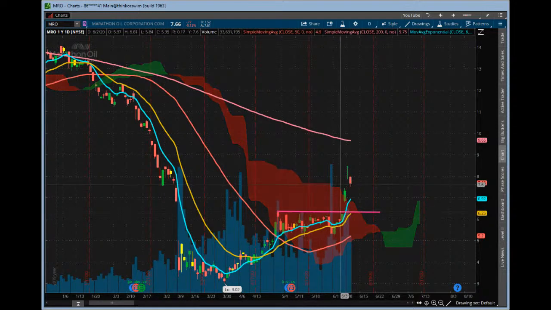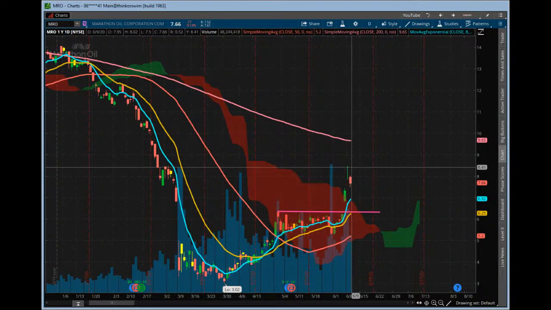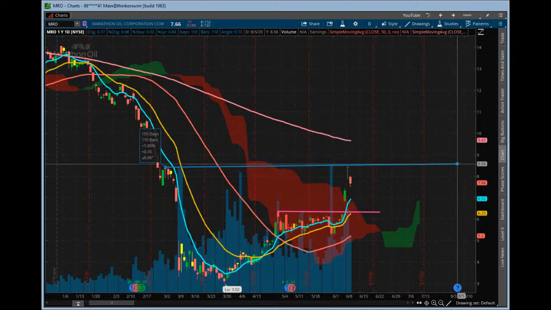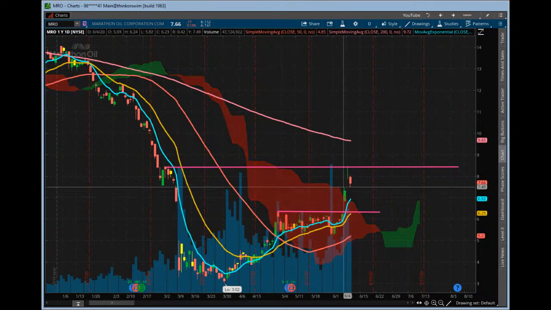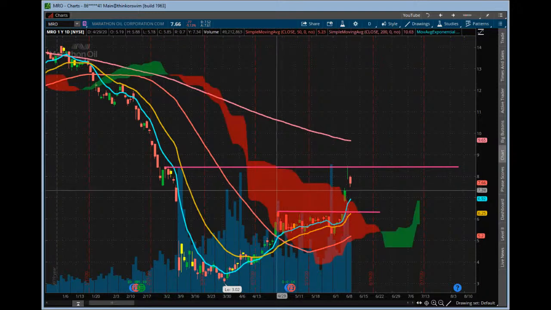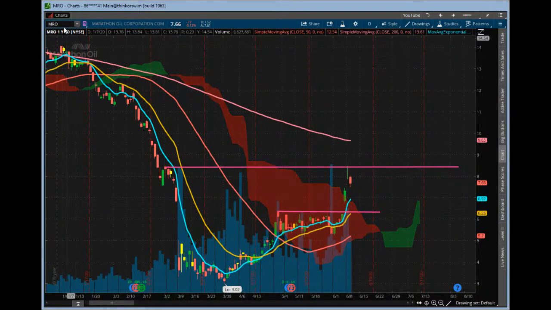It was looking a little extended there with that Dragonfly Doji, and it also came right into this drop zone right here, right? So we got a little bit of a pullback off of that, and an open gap down here. So let's see if that gets filled, and then an open gap here. But generally, it's still kind of hanging in there. It is above the clouds, so that's a good thing.